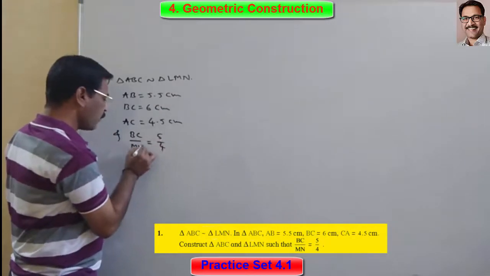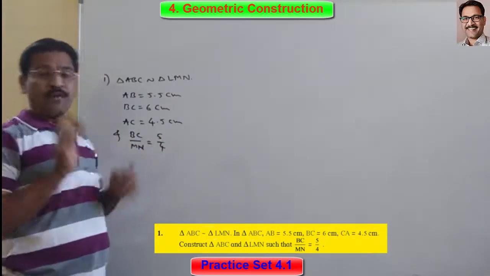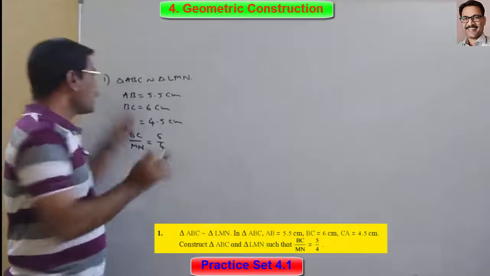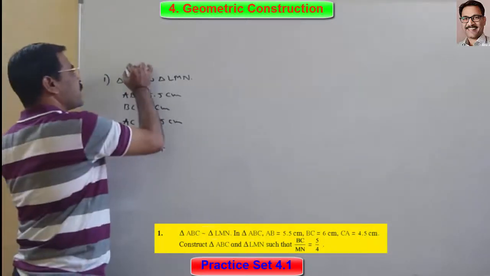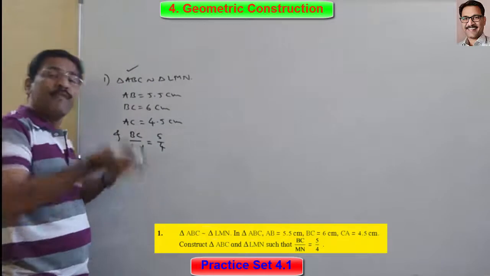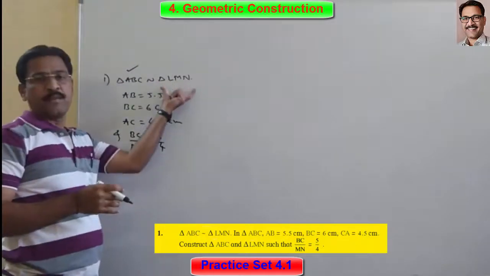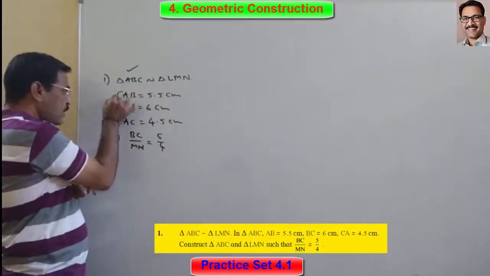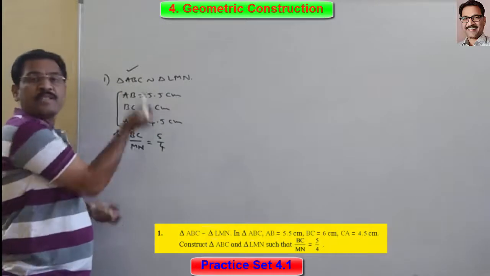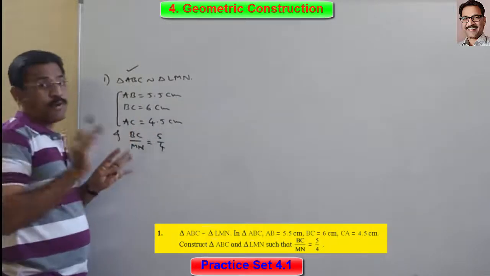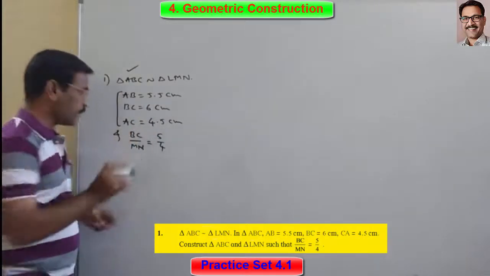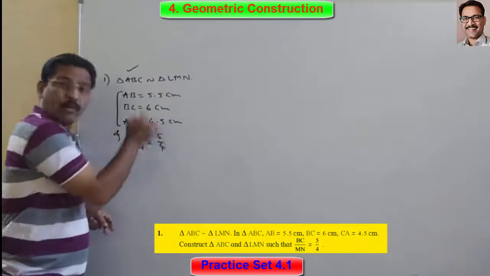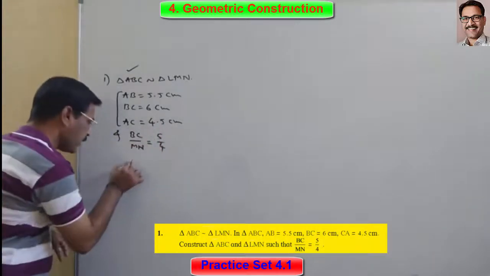Look friends, how we are going to draw this. First of all, we have to draw the given triangle. The information about this triangle is given to us, and by using all this information, we can draw it. First of all, we have to draw one rough figure, because all of these three are sides. Look here, this is a